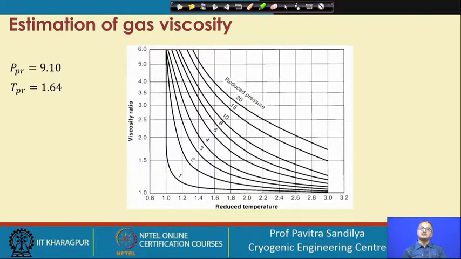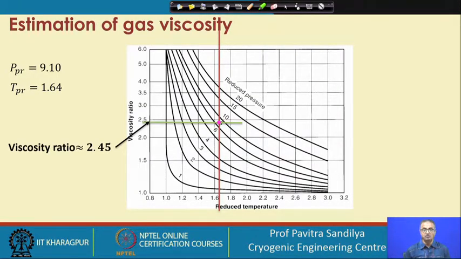Next we come to the estimation of the gas viscosity. Here we have the viscosity ratio. On the x-axis we have the reduced temperature, and we have various curves for different reduced pressures. So we first locate the reduced temperature as 1.64, and then we locate the horizontal for this reduced pressure, and from the point of intersection, we note down the viscosity ratio to be about